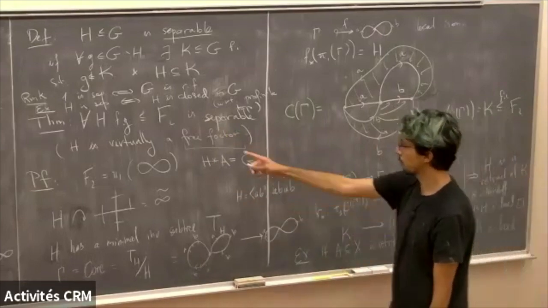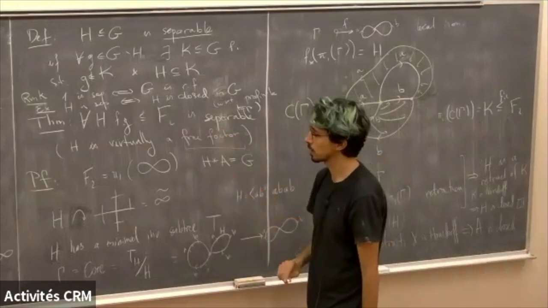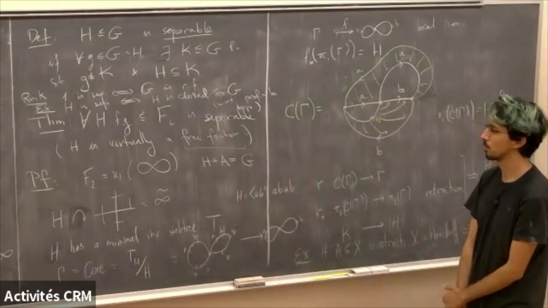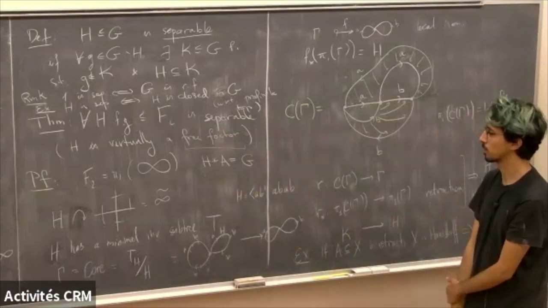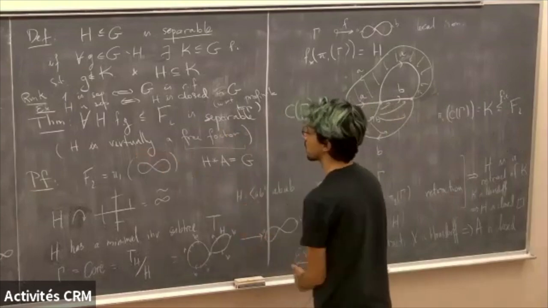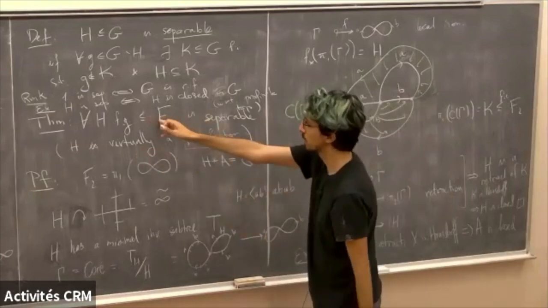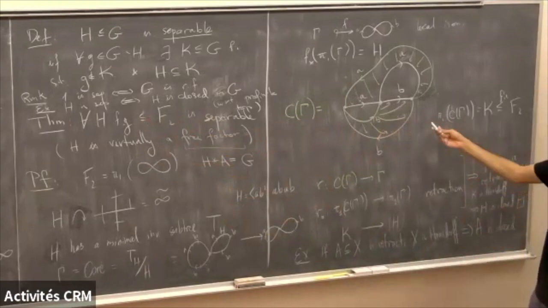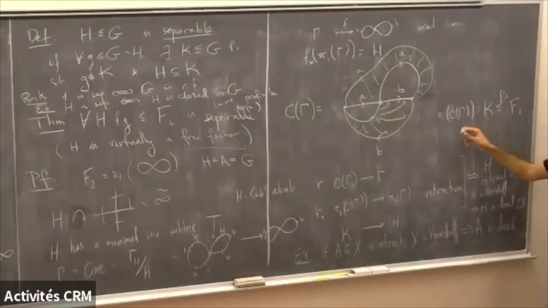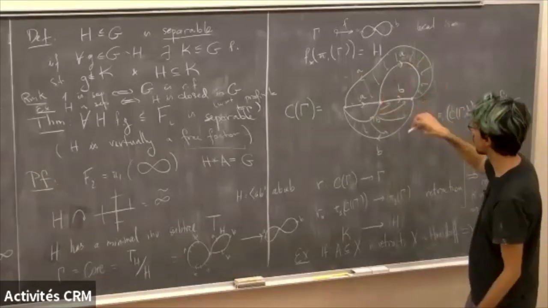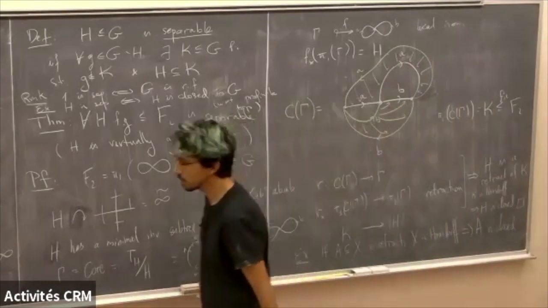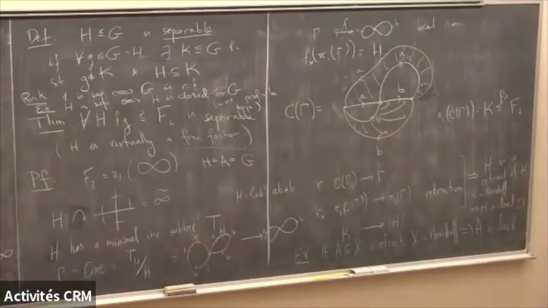And so free factor means you can write something like this. So there exists an A that completes into the decomposition. And virtually means, well, it doesn't do it for my group G, the free group, but to a finite index subgroup. And this is exactly what we got here. So we got this finite index subgroup K, and in fact, being a subgraph of the cover of K means you're in fact a free factor. So this is what we want to generalize.